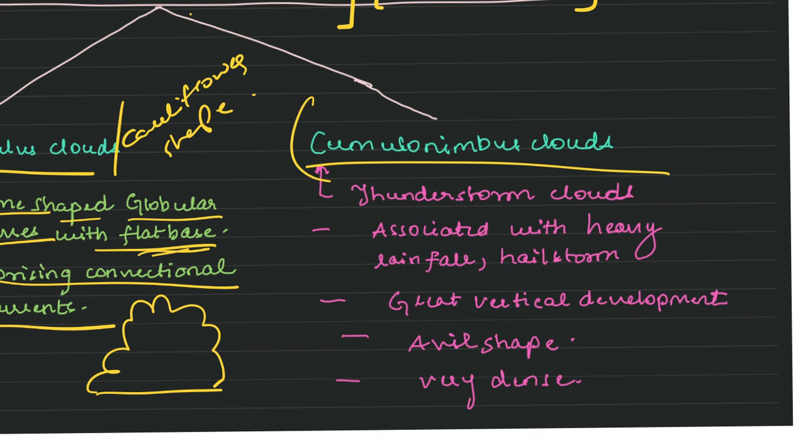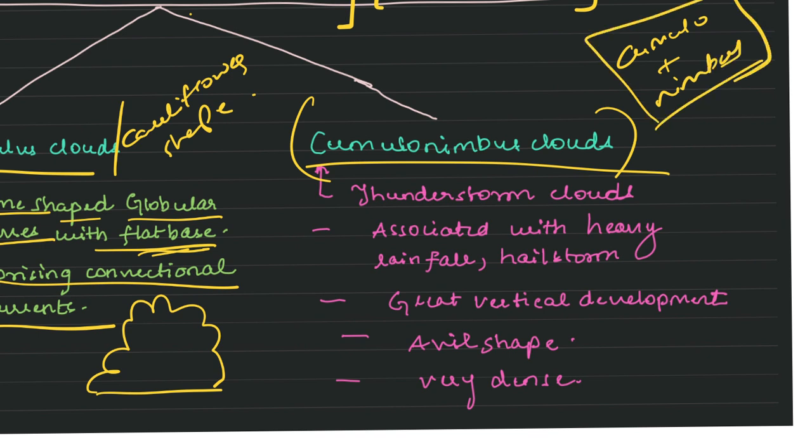Next, it is cumulonimbus clouds. So again, word breakdown, cumulo plus nimbus, right? So these are the most violent clouds. Okay, so the presence of cumulonimbus clouds in the atmosphere gives us thunderstorms and heavy rainfall, that's the first thing. Then thunderstorms, lightning, drizzles, hailstorm, all these chances are there. So these are one of the most violent clouds. So whenever cumulonimbus clouds are in the atmosphere, it gives us very high intense rainfall. Okay, and these will be of anvil shape.